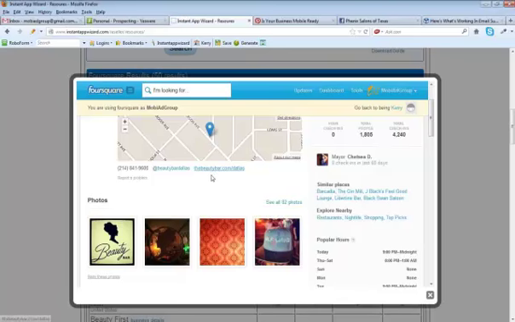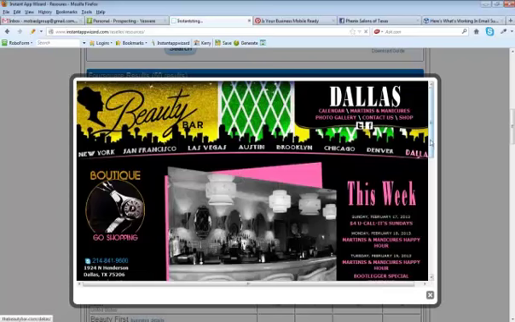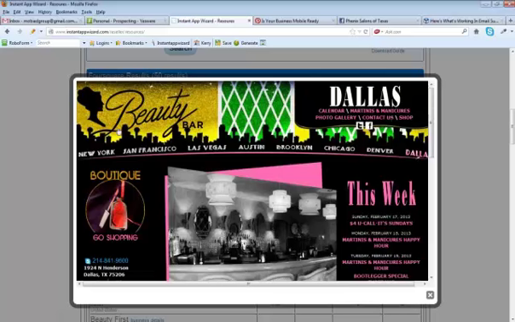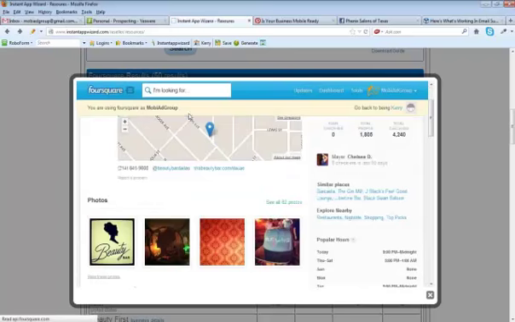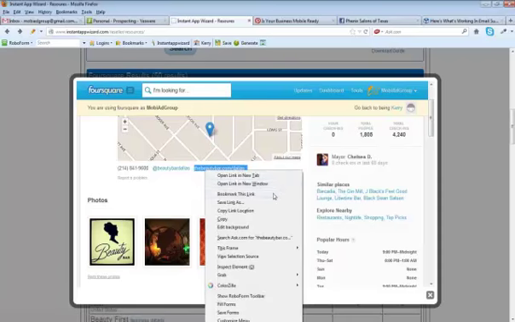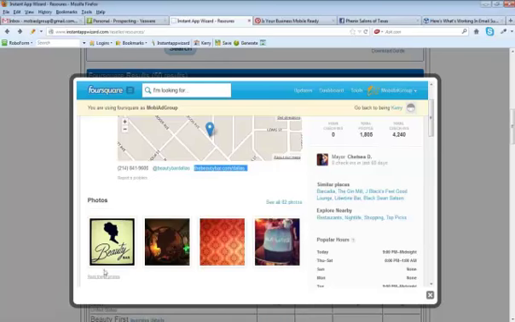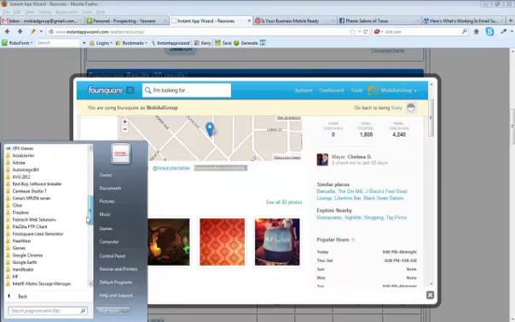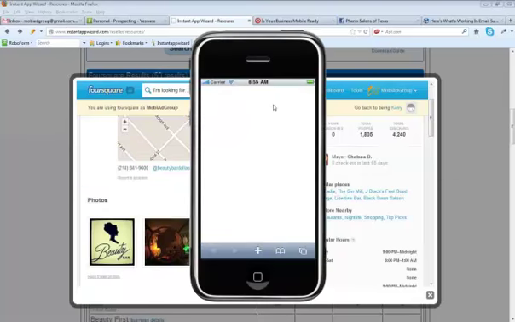Now this place happens to have a website. So what I'm going to do is pull up this website, and here it is. All right, now I'm going to go back here and get this website, and I'm going to check to see if they're what? I'm going to see if they're mobile ready. So I'm going to copy this. I'm going to go over here. I'm going to get me a little emulator, and I'm going to check out their site.